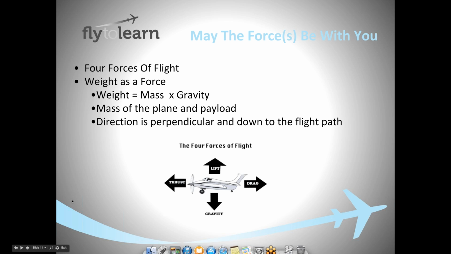Now, the major things that we're going to be looking at are the mass of the plane and the payload. Mass of the plane is usually fixed, but the payload can change, depending on what they're carrying. In the case of humans, for example, if you're on U.S. Airways and one flight has more than the other, your payload's different, or the amount of luggage. Or if you're like FedEx, the amount of cargo, as well as where that payload is, can be a major factor in how a plane